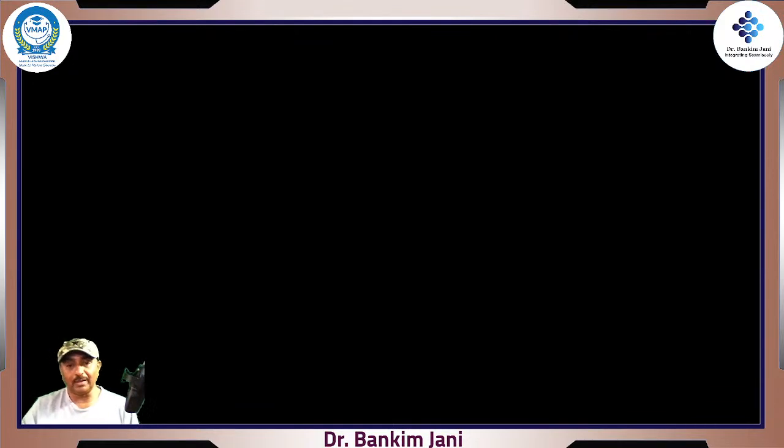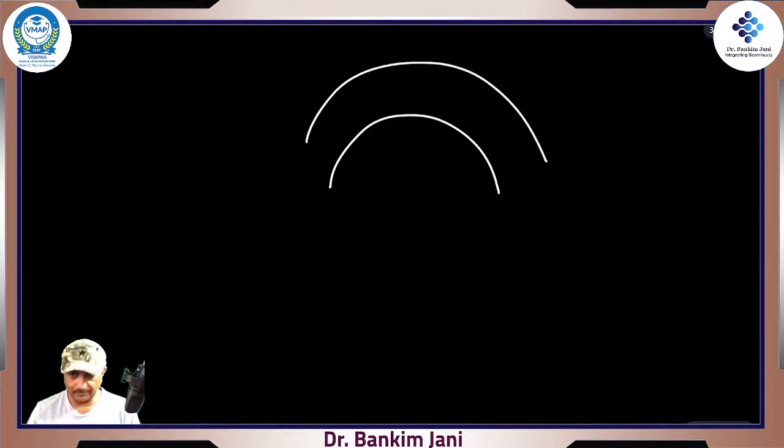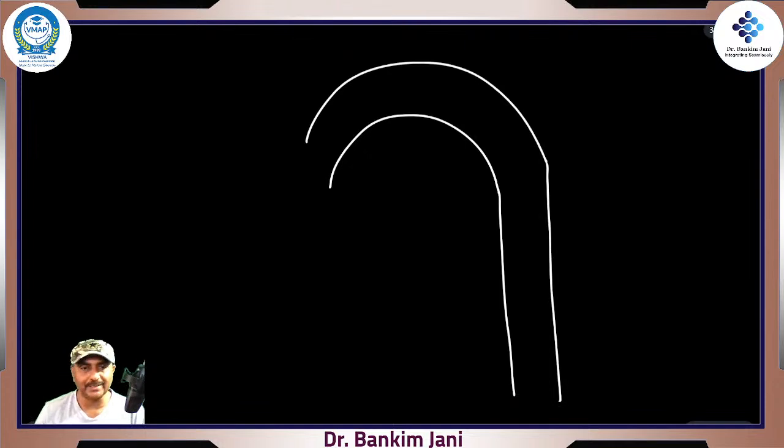Now I'll take you to a small, just 2 minutes now. This is the arch of the aorta, sort of a stent, that's right. Now this is the arch of the aorta, and as it goes down, this is what is called the descending aorta. From the descending aorta,